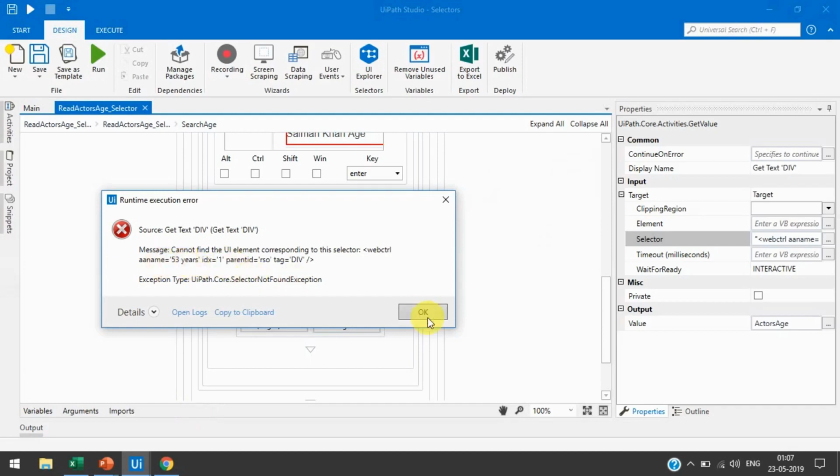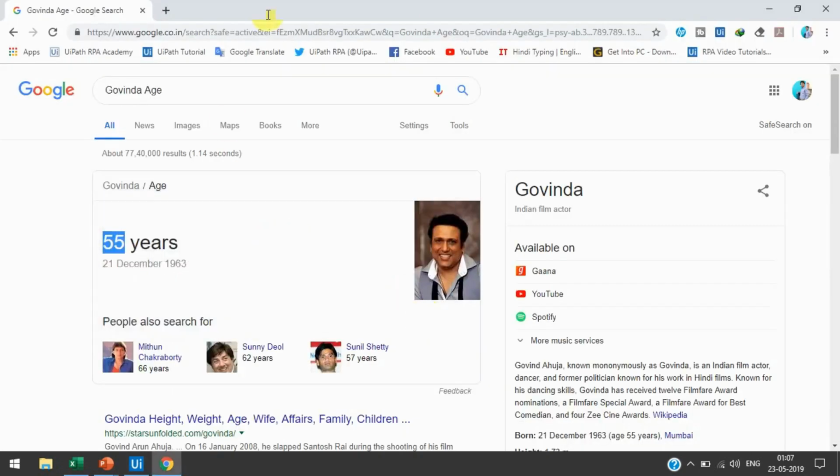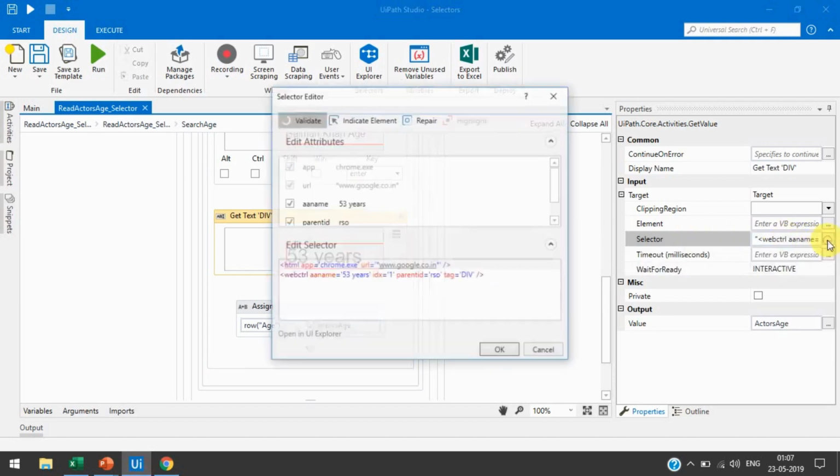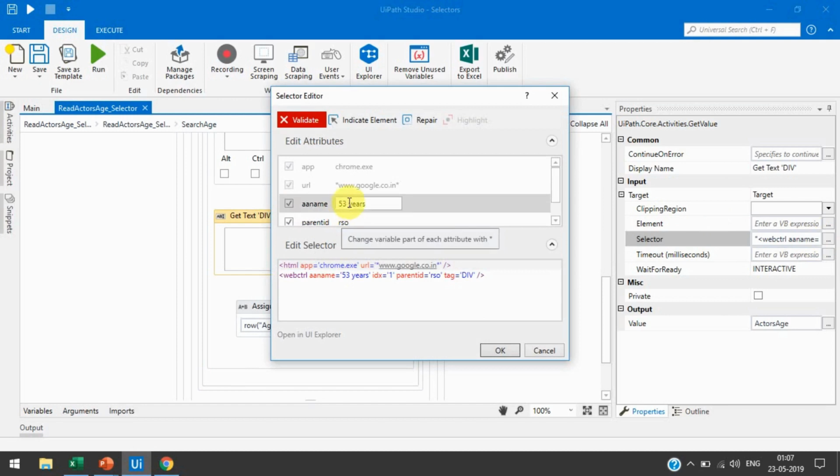That's why we are getting the error. So for this we need to modify our selector. What can we do? Let's go to the selector here from the properties panel, and now in aaname we can remove this or we can replace it with a star.